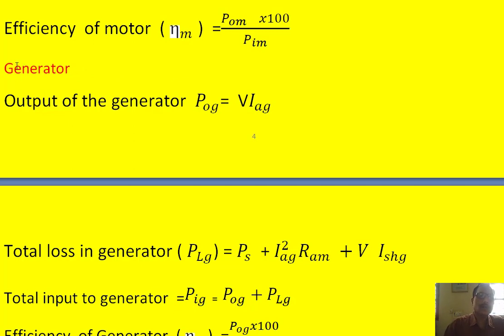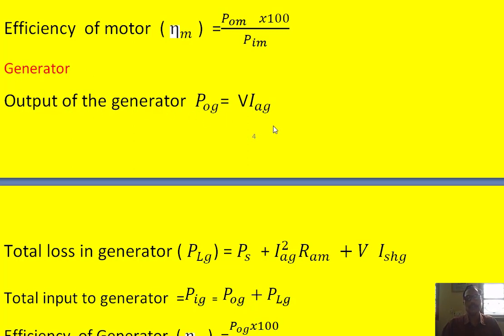generator. So we have seen that the machine with a high field current acts as the generator, whereas the machine with less field current acts as the motor. So that is the reason why, while explaining the circuit operation, I told the field current of the generator is increased and the field current of the motor is decreased. So when we take the generator, that is whose field current is more, so we write output